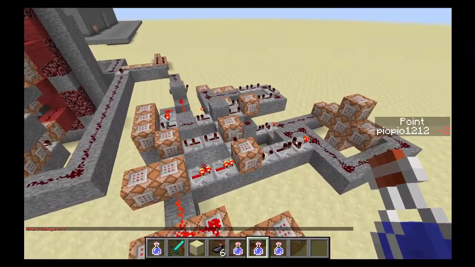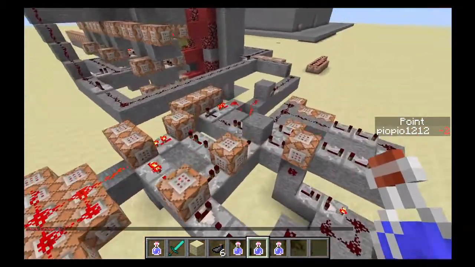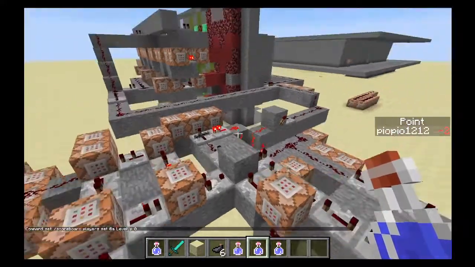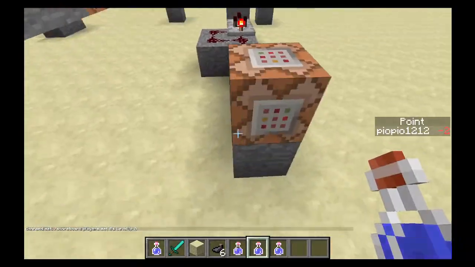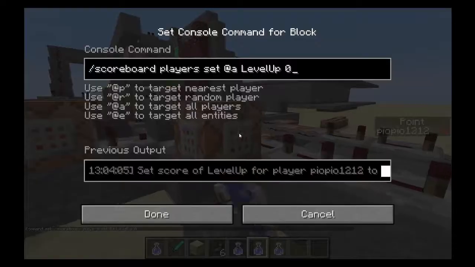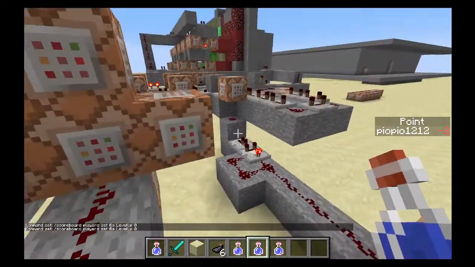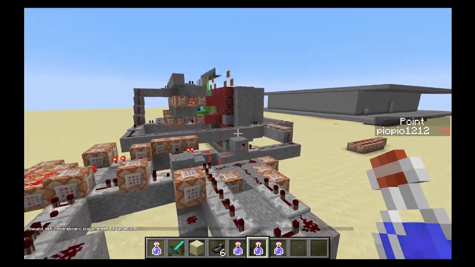That will definitely not happen in adventure or survival mode, so don't worry. So yeah, this one resets the level up, so it resets the effect of you drinking this potion. And yeah, this is just to make sure that everyone does actually have it reset, and not keep it...